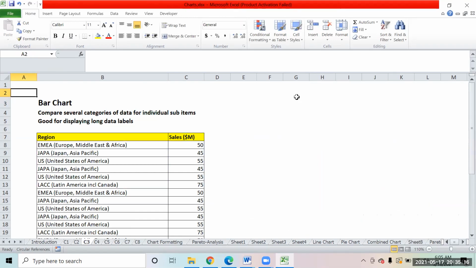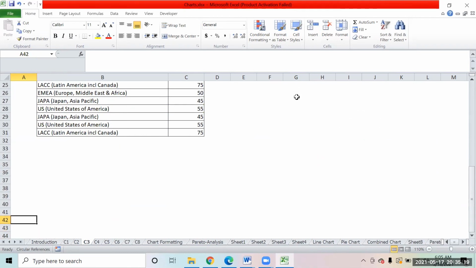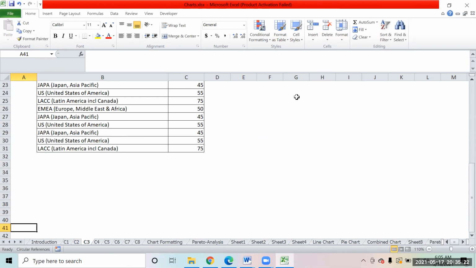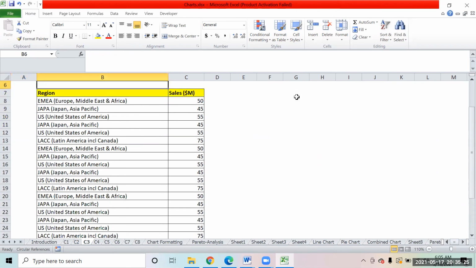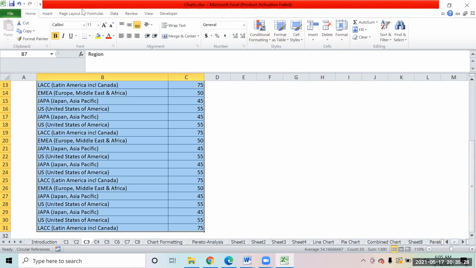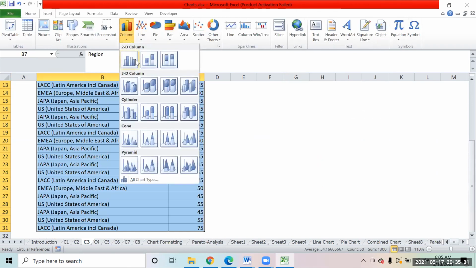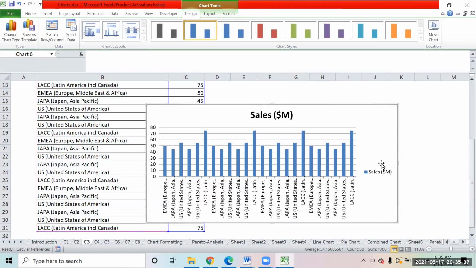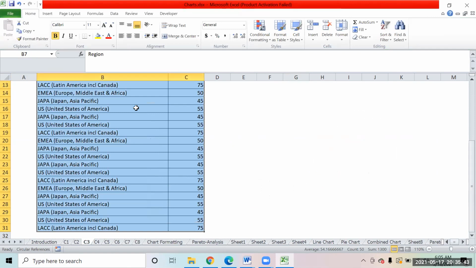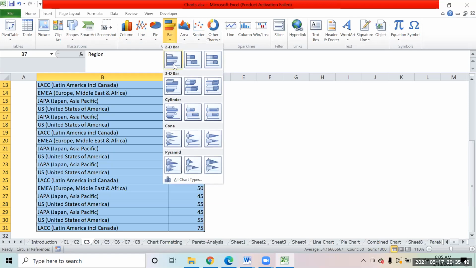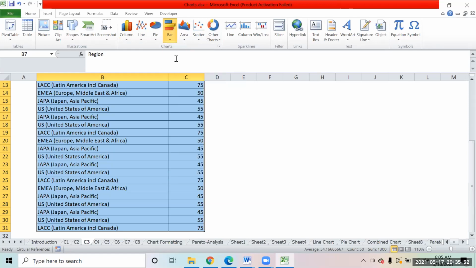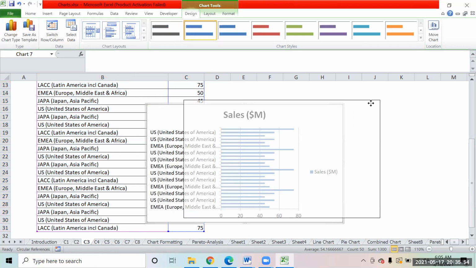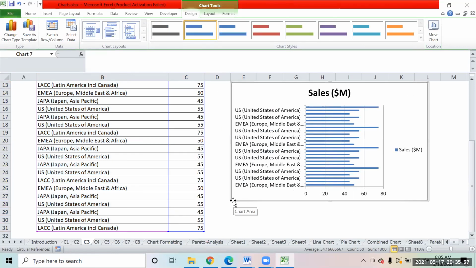So how do we select it? See, if you see over here, I have data which is large in number. I have a lot of regions with me. If I create a column chart, it becomes a little difficult for a person to interpret, as there are a lot of bars going in this direction. So as a rule, when you have lots of regions to compare, we should try to create a bar chart. Everything is the same, it's just that the bars will come in the horizontal direction, not in the vertical direction. So we try to create the charts in this way.